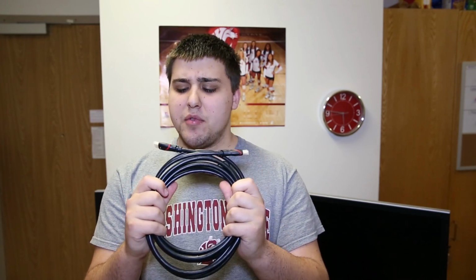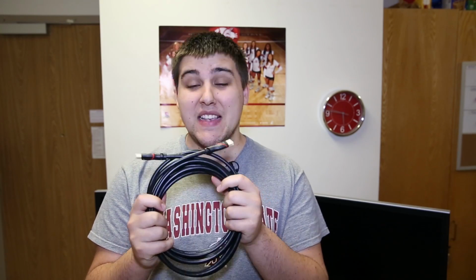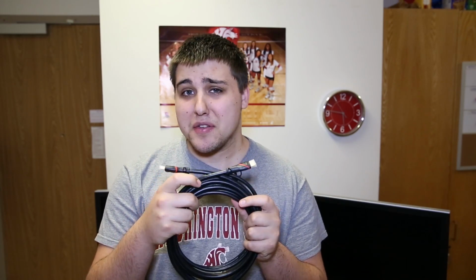Now, because this cable is sending ones and zeros, all HDMI cables are basically alike. They may change the different types of plugs on there, the different colors, the different materials that they use for the outer sleeving, but inside, the HDMI cable is just the same from any manufacturer, whether it be from Monster, Monoprice, or Amazon. They're all the same, because what they're doing is transferring ones and zeros, and it's completely digital, so you don't have to worry about anything, really, up until you get to the point where your